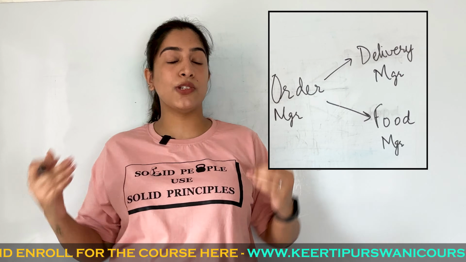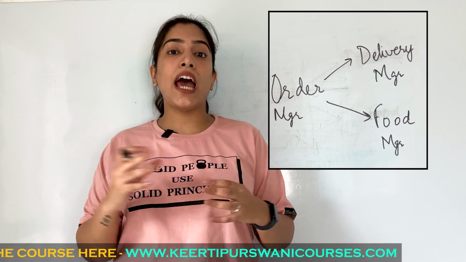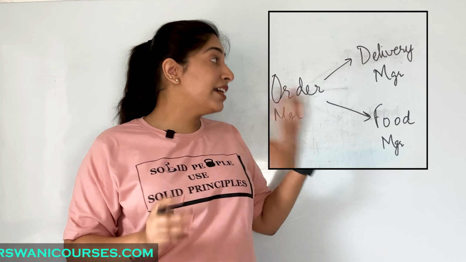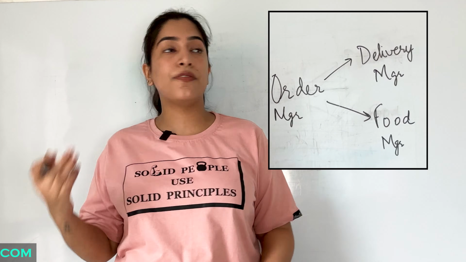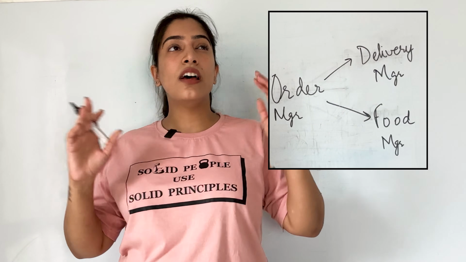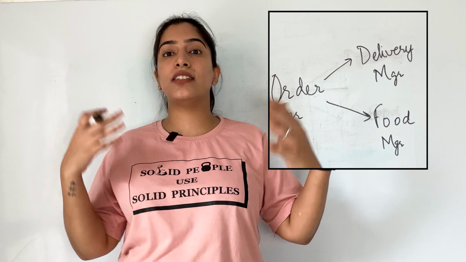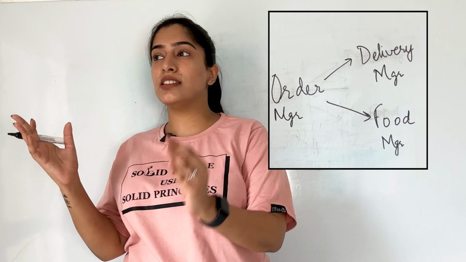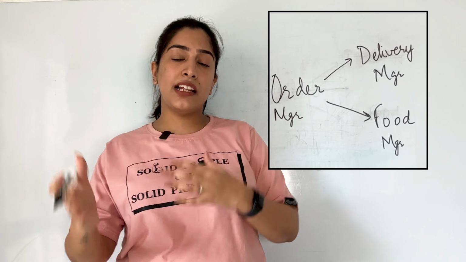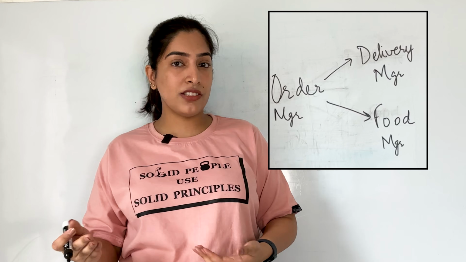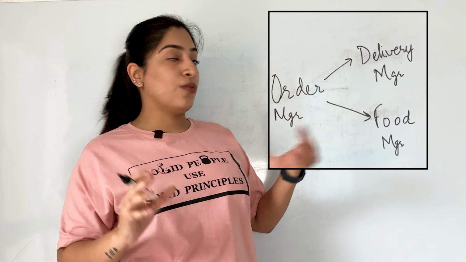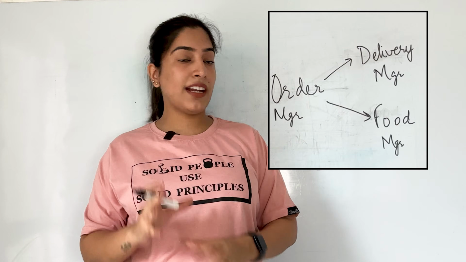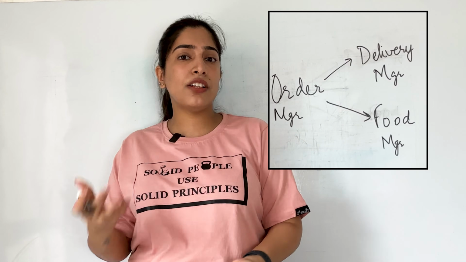Now, suppose after some time we decide that this delivery subsystem is basically responsible for assigning the correct delivery partners also. Now our system has become huge and we want to assign the correct delivery partner, say on the basis of the rating of customer or on the basis of rating of delivery partners, or how much amount of food is there. If there is a lot of food, then probably a particular kind of delivery partner will be assigned. If there is less amount of food, probably the delivery partner can deliver multiple orders together, things like that. So we have to also design a system such that the amount of data that we send to the delivery manager as well as the food manager